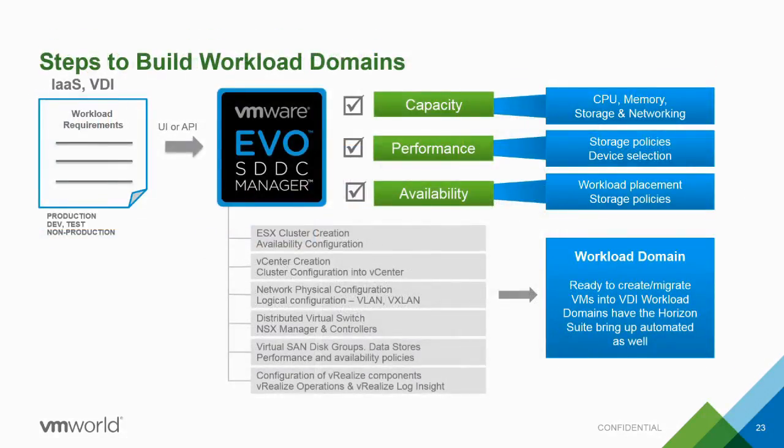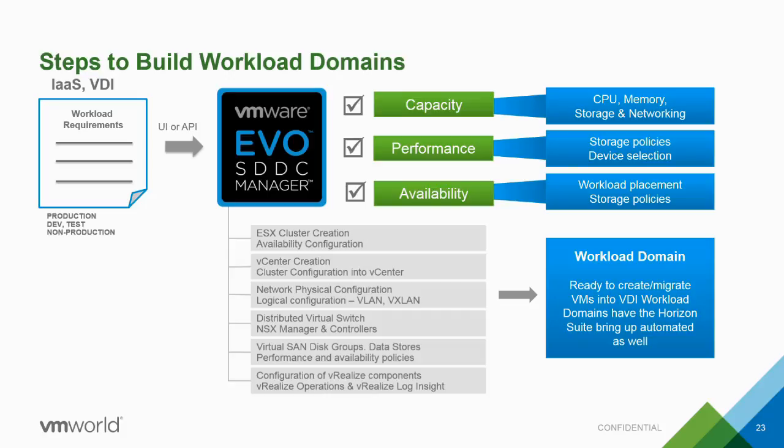I talked about workload domains. Just to go into some more details, workload domains require you to specify requirements either using API or UI, which include what kind of workload you have, and you provide information such as capacity, performance, availability that gets translated into CPU, memory, storage, and networking requirements, storage policies, device selection, as well as some of the workload placement strategies will be derived from the availability requirements. For example, if you're N+1 versus N+2, you may have to allocate a host in a cluster from a different